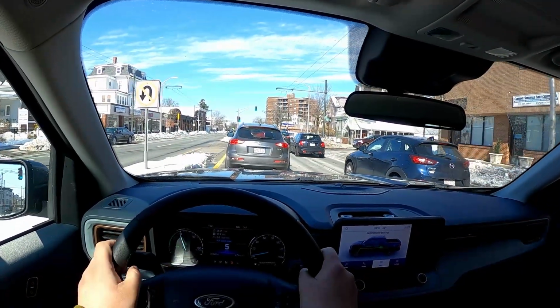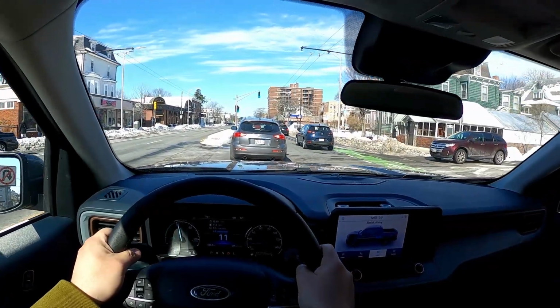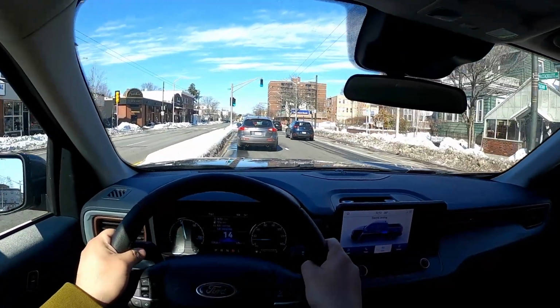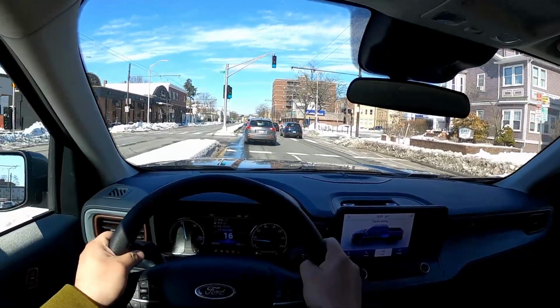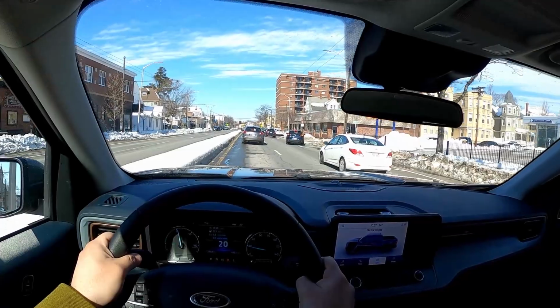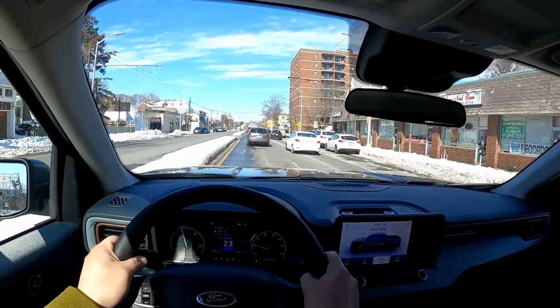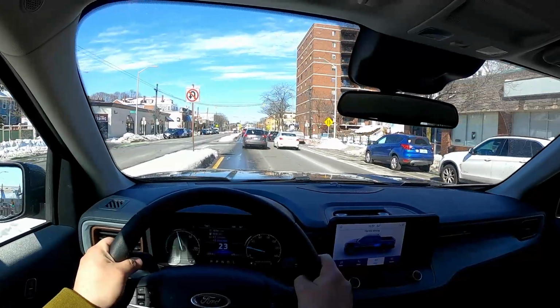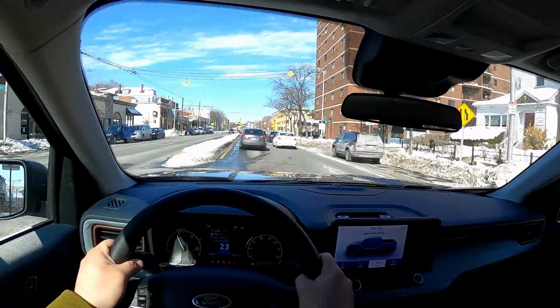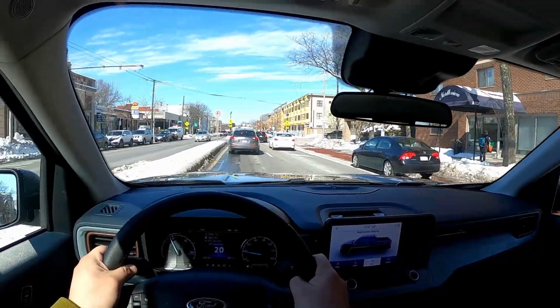In addition to that, the cabin maintains a good temperature. This was something that a lot of folks had a question to, and it does a good job. Now, what I will say is if I turned off the heat, it would get cold in here very quickly. This isn't a luxury vehicle in the sense that it maintains the temperature inside for a little bit after you turn it off. No. This car would get cold very quickly if the heat wasn't on, but with the heat on, it is a nice, pleasant